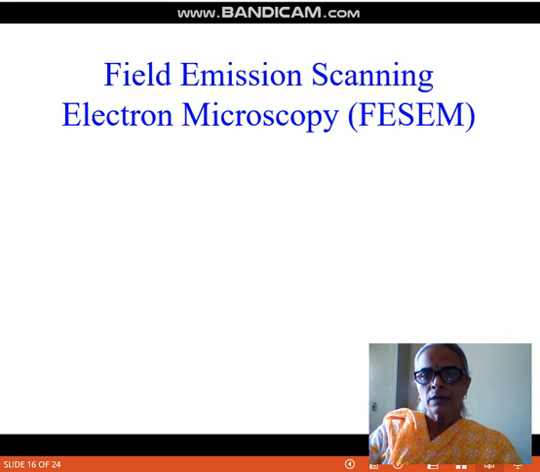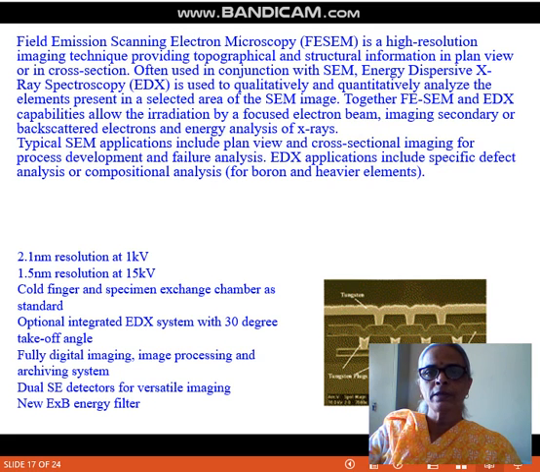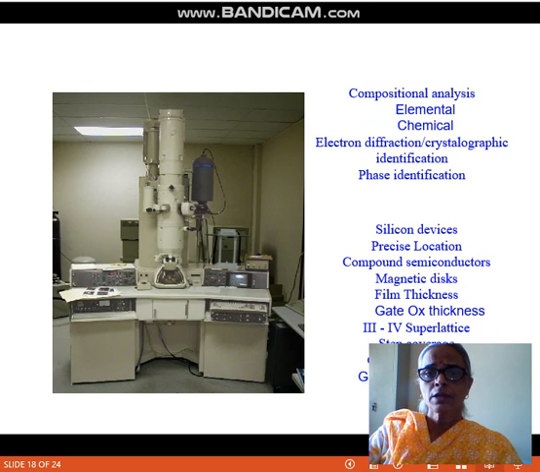The advanced technique is field emission scanning electron microscopy, which is nowadays generally used to get high resolution images. Along with the SEM images you can get characterization like EDX, you can get WDX or so on. So here you can see the